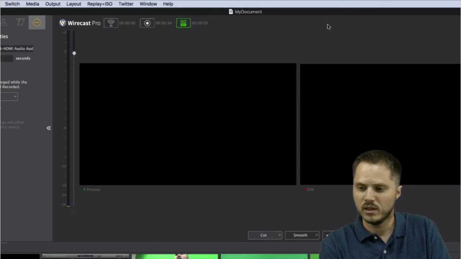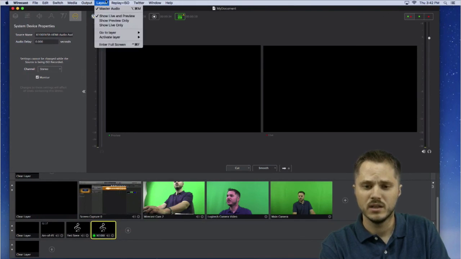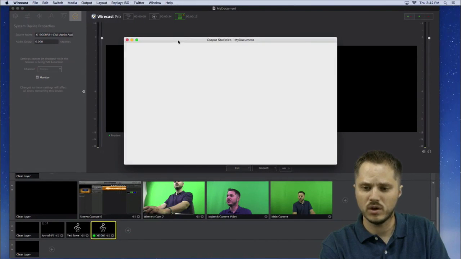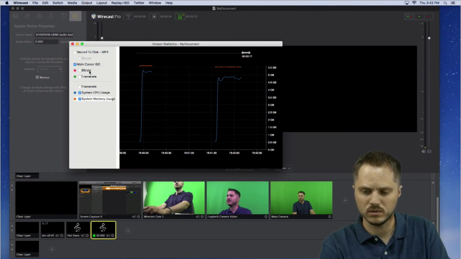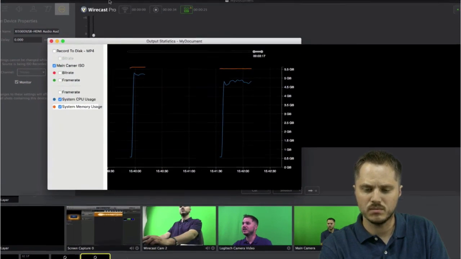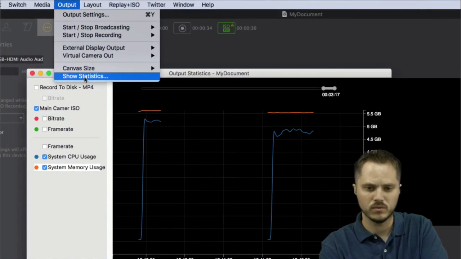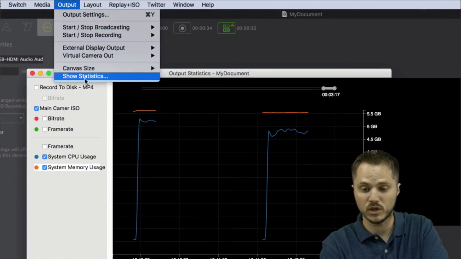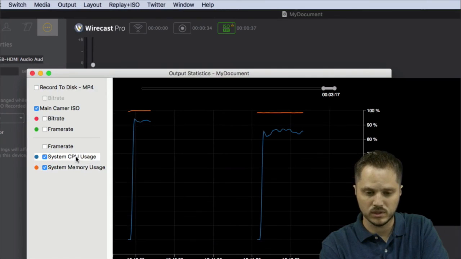And there the ISO goes. The thing with the ISO is you're not actually going to see how it affects it, it's not currently tied to the output settings. So if you need to monitor it, you need to go in here and you can check it. You can check the frame rate and the bit rate of how you're doing with your ISO. This output statistics menu is available just under the show statistics drop-down menu on the output drop-down. Select that and you're going to get this really nice graph of how you're doing.